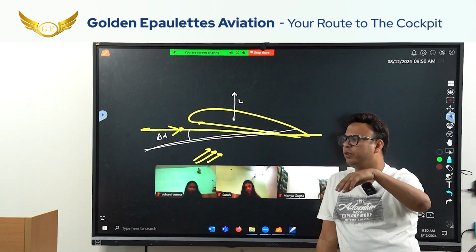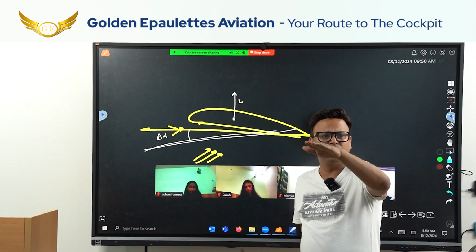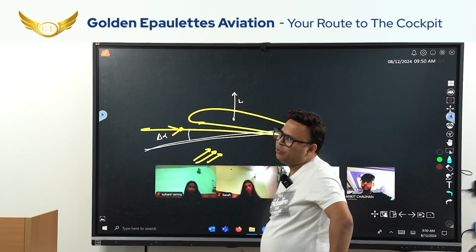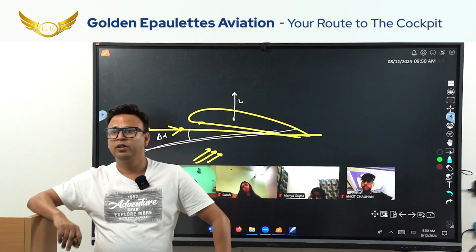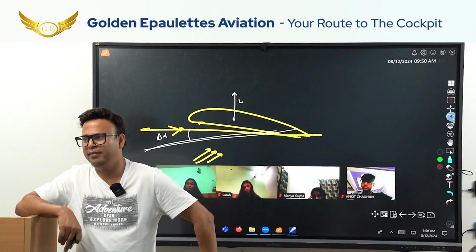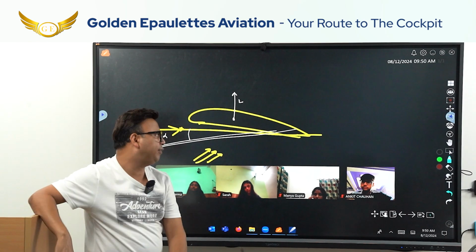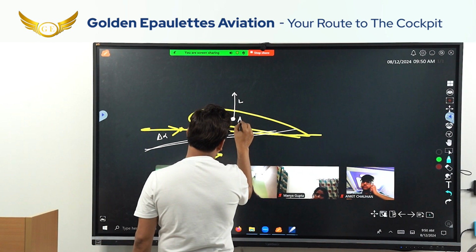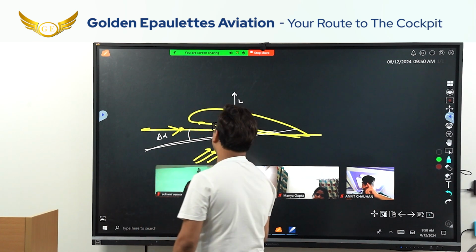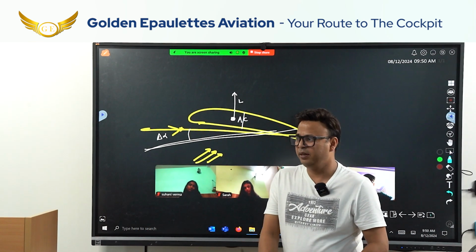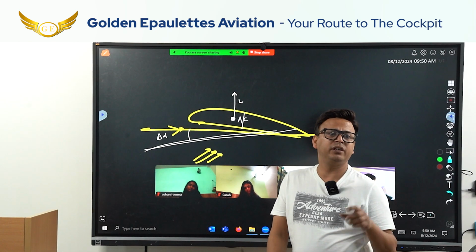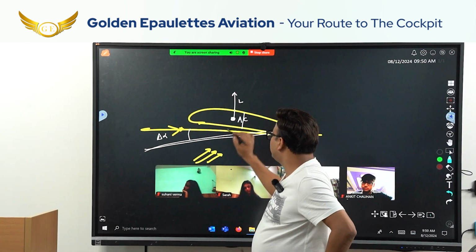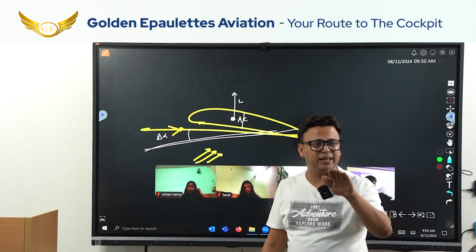Because angle of attack increases, the CP will move forward. So this point will keep changing all the way. So this is not the right place to figure out the change in lift. The point they have fixed to figure out where the change in lift takes place is called the aerodynamic center. It is the point at which it is assumed the change in lift takes place. Now I assume that this is the point where the change in lift takes place.